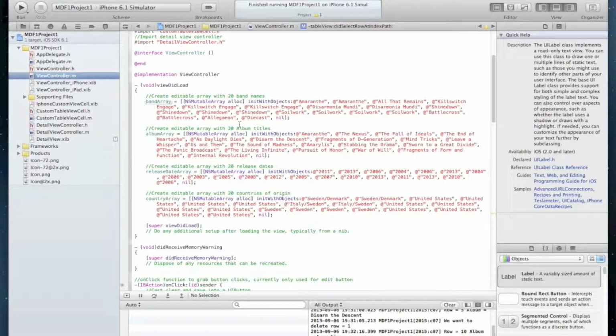For my pseudo data source, I went ahead and created 4 NSMutableArrays within my viewDidLoad inside viewController.m. And those arrays are the band name, the album title, the release date, specifically the year of release for the album, and then the country of origin for the band. The second two are only available in the detailed view, so it's just the band name and the album title